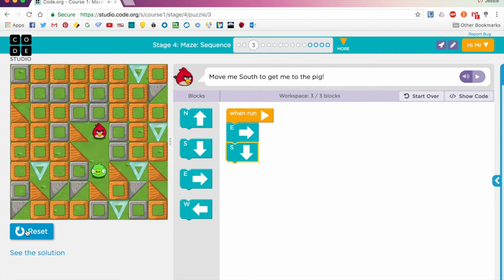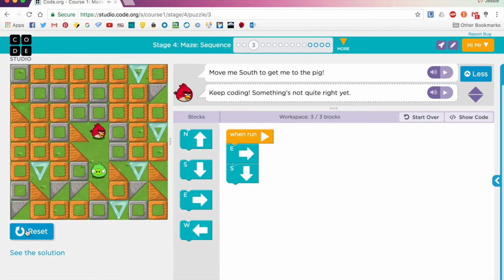If we run the solution, it's quite good graphics, and it gives information on what the children have done. Move me south to get the pig. So it gives little hints and solutions to help out.